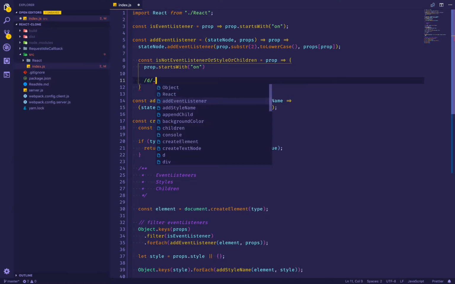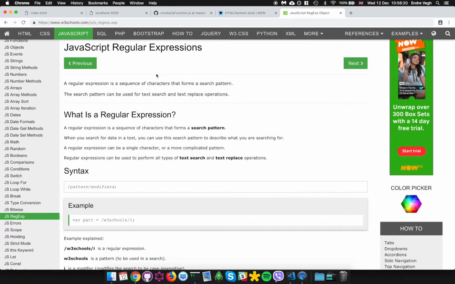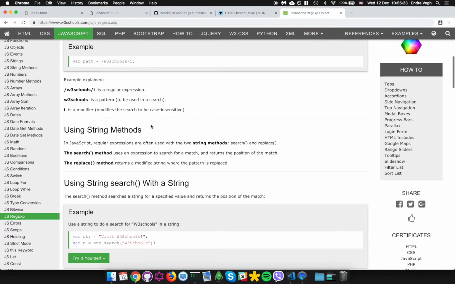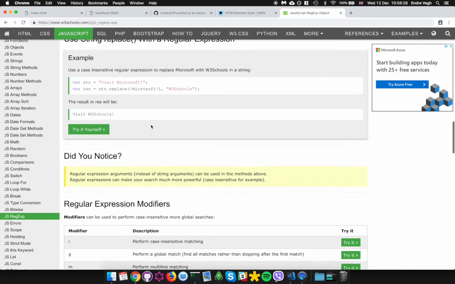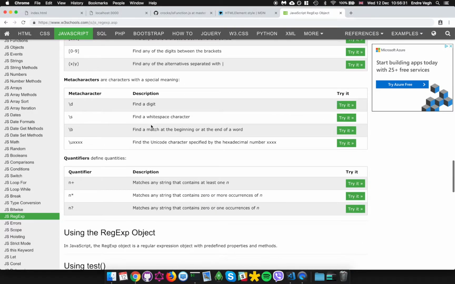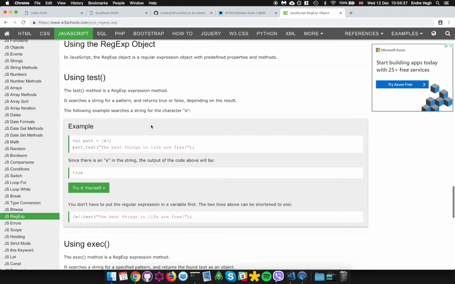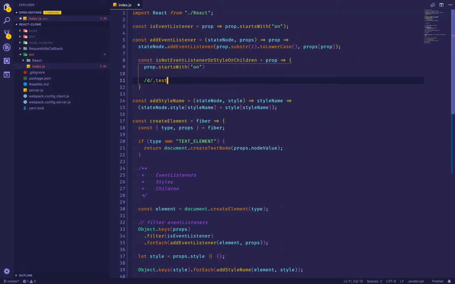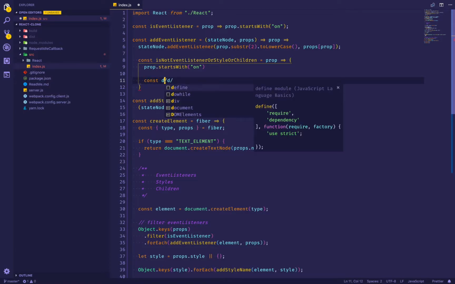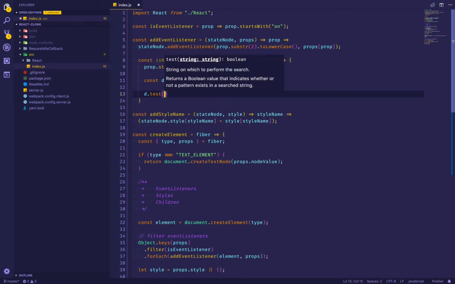I just need to put something in it. Okay, that makes sense. String search, string replace. Now I can call test on it. Okay, so